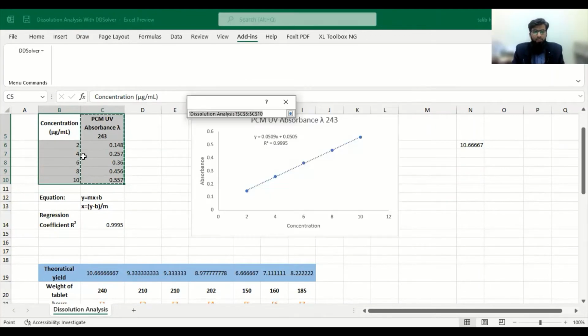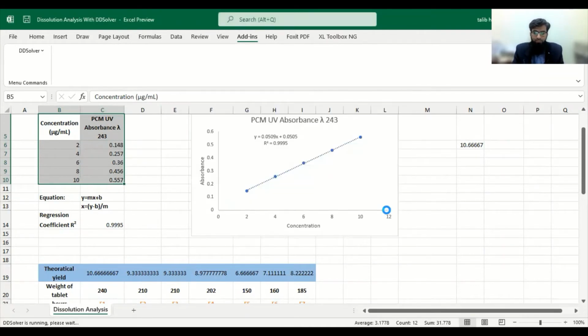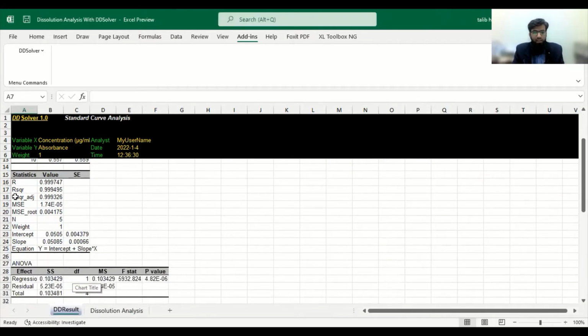Then for y data, we selected from this point, 0.148, to 0.557. This is y data. If we run it, it will be solved in a new sheet, where you can find an equation and R square.